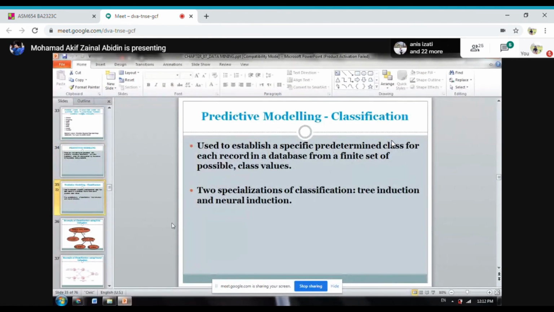Okay, for the classification technique, it is used to establish a specific predetermined class for each record from a finite set. Finite set maksudnya nombor yang bulat. Okay, contohnya gender. Gender sama ada you lelaki atau perempuan. Dia tak ada combination lelaki perempuan di tengah-tengah, no. Okay, that is what we call a finite set of